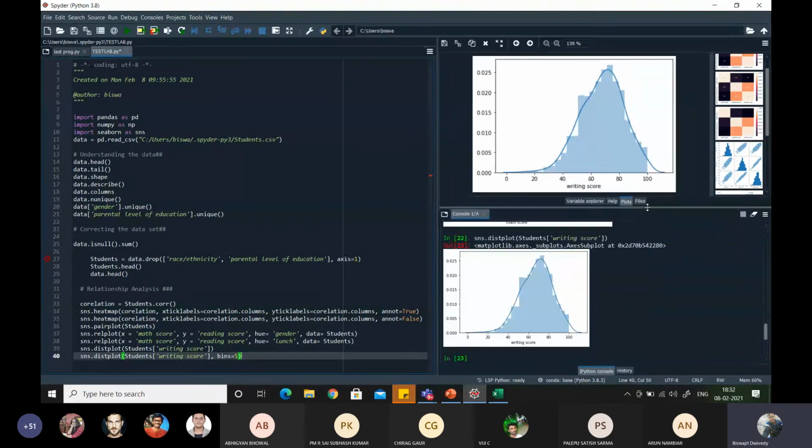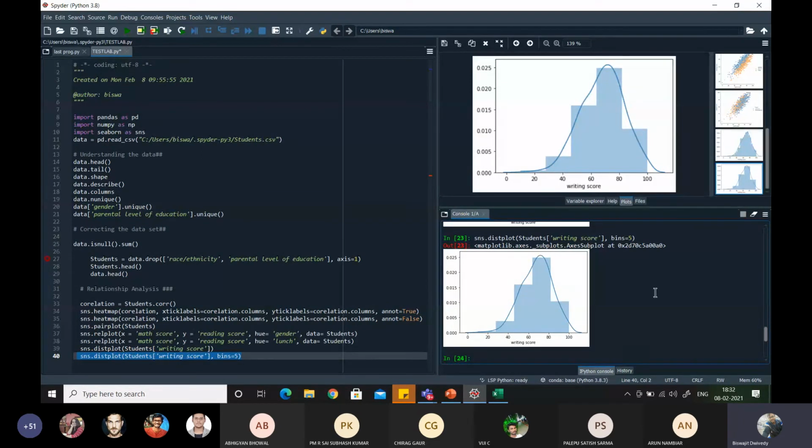Here you can see a number of labels have been used, like 1, 2, 3, 4, 5, 6, 7, 8, 9, 10, 11, 12, like 20, might be 20 labels. We can also limit our labels based upon our requirement. If you are modifying that same line using the bins statement, putting bins equals 5, then automatically that will limit your labels. With bins equals 5, five labels will be there: level 1, level 2, level 3, level 4, level 5. Or you can also use other values.